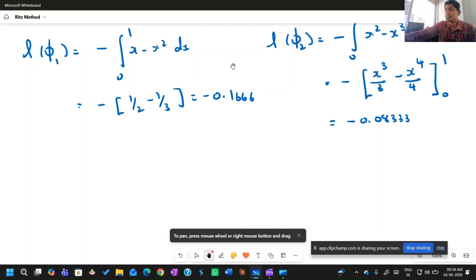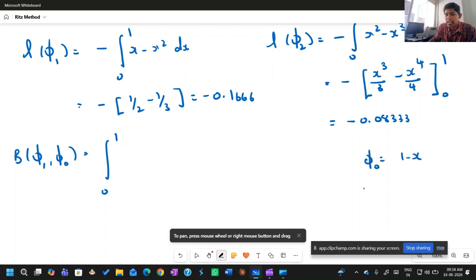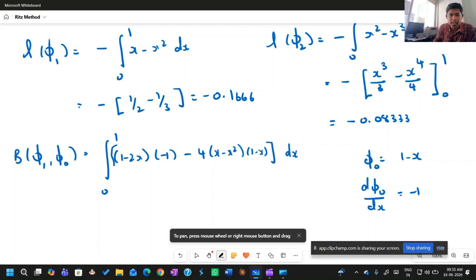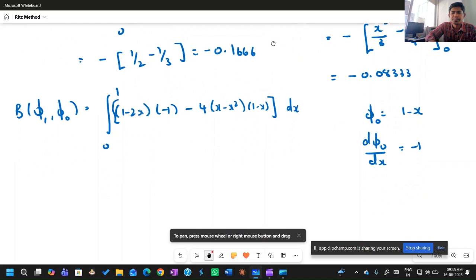Right, and we also have to find pi1 comma pi naught. So the bilinear function of pi1 comma pi naught will be equal to the integral from 0 to 1, because pi naught is equal to 1 minus x, and d pi naught by dx is equal to minus 1. So our equation would be (1 minus 2x) into minus 1 minus 4 into (x minus x square) into (1 minus x) dx. Okay, if we evaluate this expression,